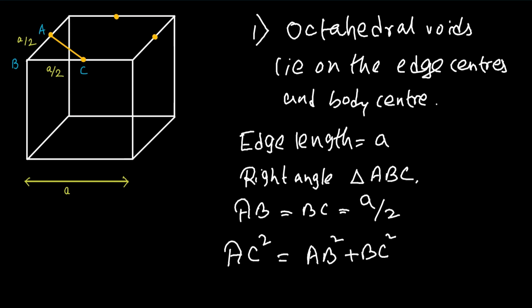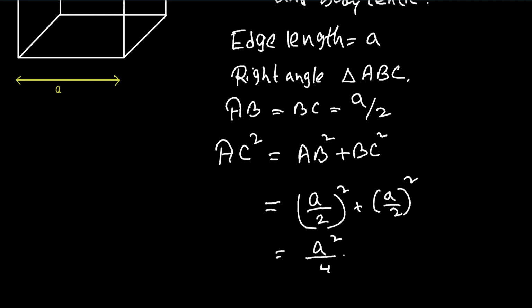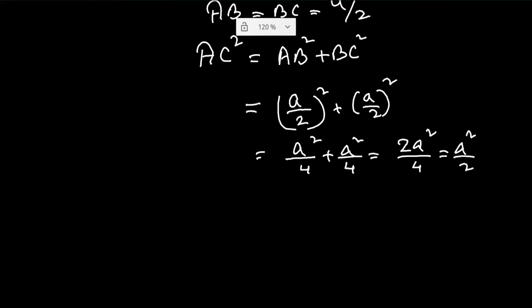If I solve this, AB is a by 2, so (a by 2) square plus (a by 2) square. This will give you a square by 4 plus a square by 4, and you will get 2a square by 4, that is a square by 2. Now this is the value of AC square. So AC is the square root of a square by 2,